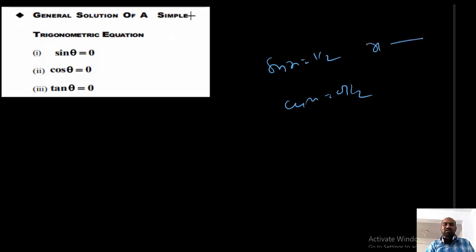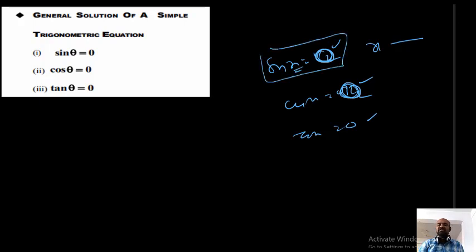But simple, no? Stage 1: the right hand side should be 0. Tan x equal 0. Sin x equal 0, what is the x value? Cos x equal 0, what is the x value? Tan x equal 0, what is the x value? How to find the x value? That is called finding the general solution of this equation.